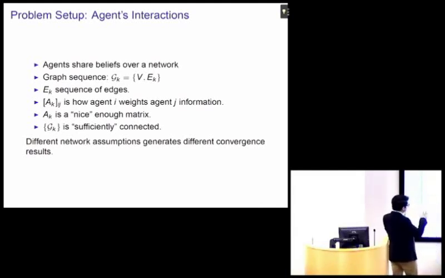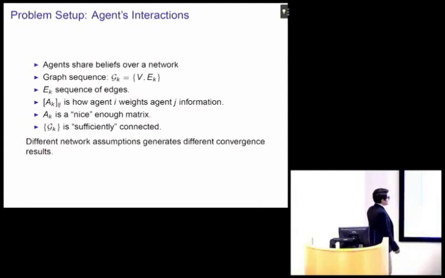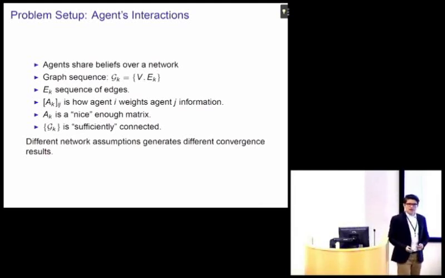And then, okay, the graph is this construction of the nodes and the edges, and the edges are changing with time. And also you have certain information on how much you care about the information coming from your neighbor, right? It's a weight. You're getting some information from your neighbor, but you might not care at all what they mean, or you may care a lot what they mean. So you have some weights.